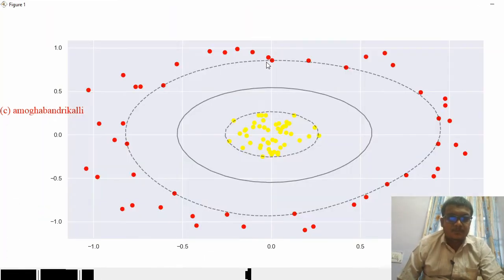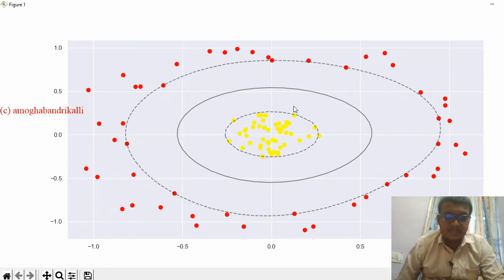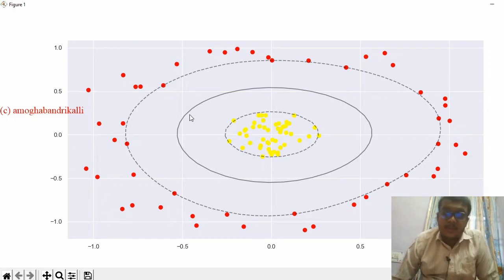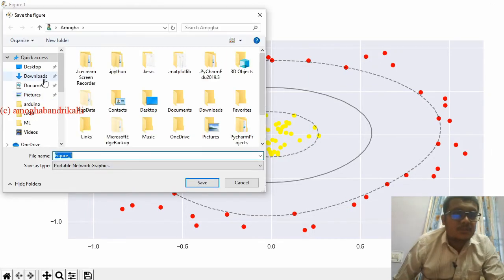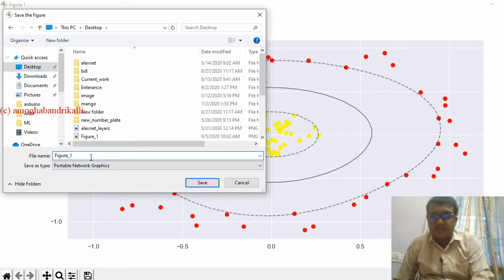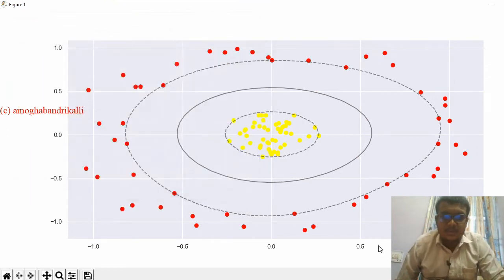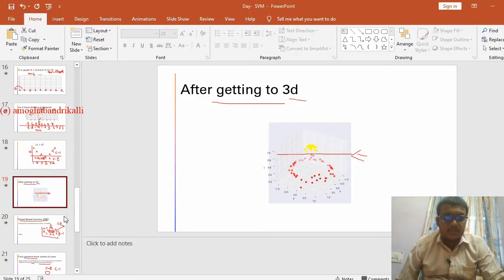So here, this was a version of having kernels by using the radial basis function. Here it is being divided in a non-linear fashion. This is a circumference which has just been drawn by using a radial basis function. If any of the points which are available are inside the circumference, let me take it into a PowerPoint and explain over there.